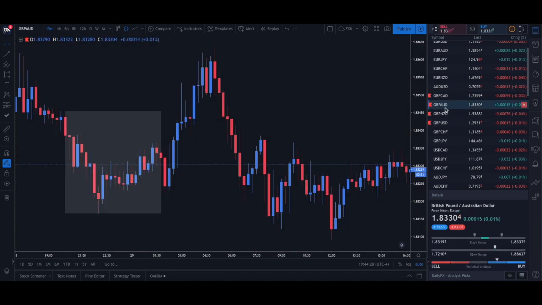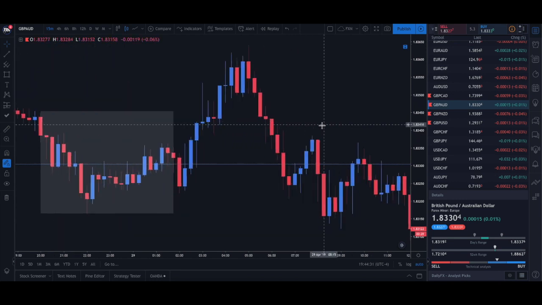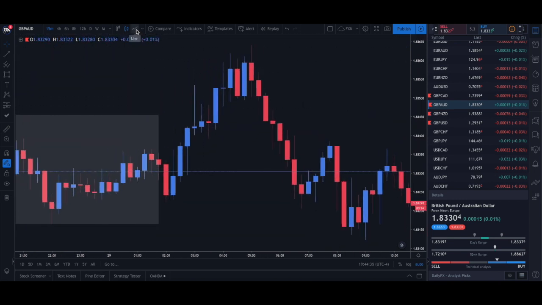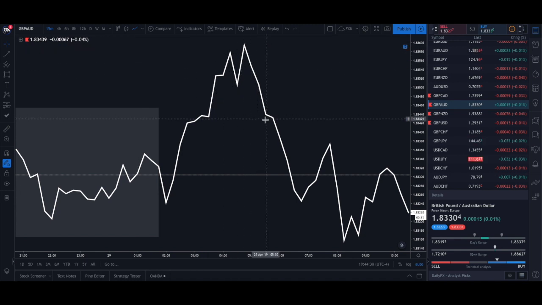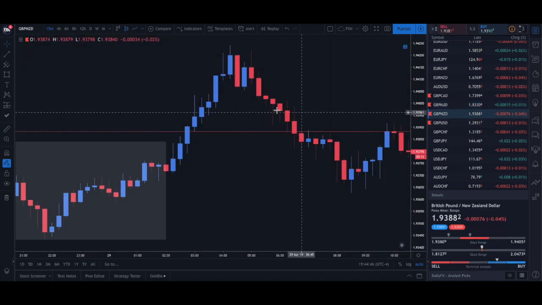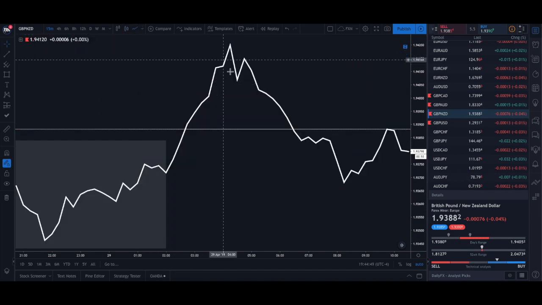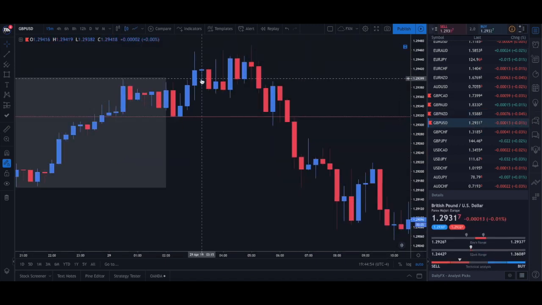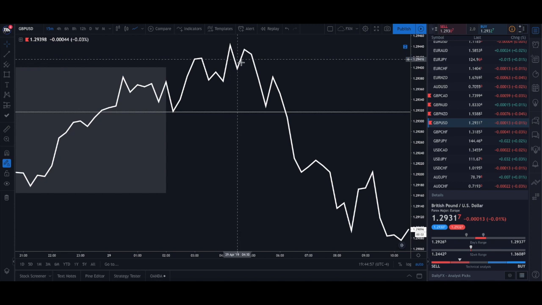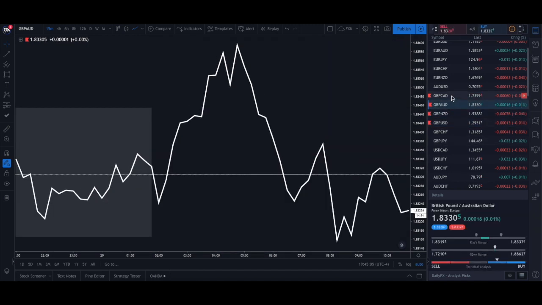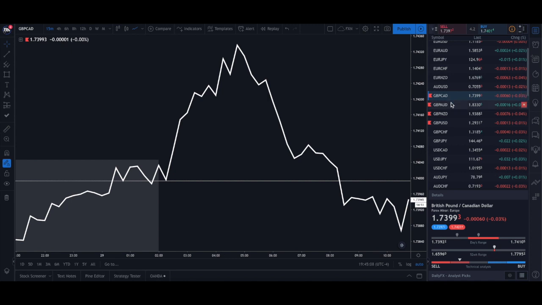If you look at pound AUD, it did a very similar move, and if you switch over to the line chart, you can see the M, right? And that's what you're looking for. So a nice clear type 1 M here. If you go to pound NZD, same thing. Go to the line chart. What do you see? You see a nice M. Go to pound USD. What do you see? See a nice M, right? So you can see that all four of these pairs produced very similar, almost identical moves,